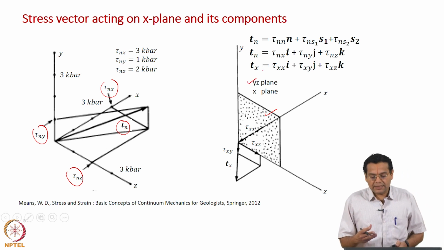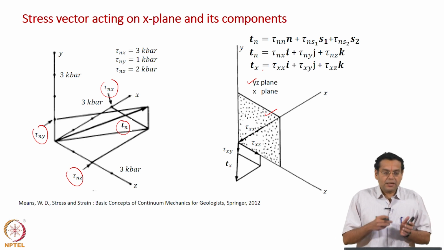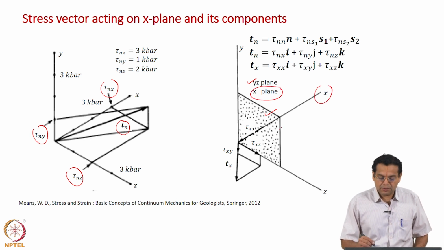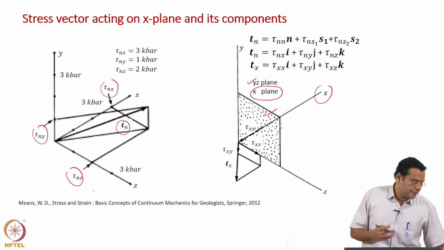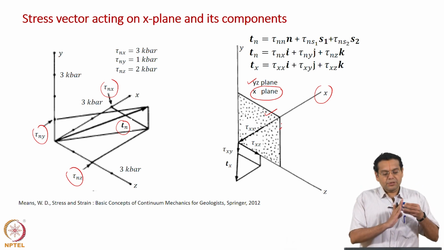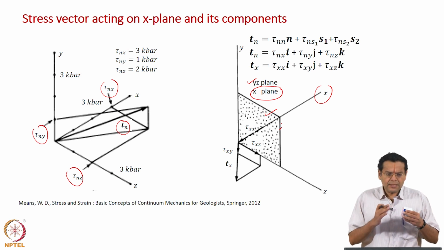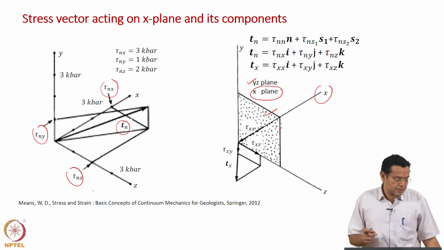So you can call it the y z plane, but we have denoted the plane by the normal to the plane. So according to our nomenclature it is the x plane, the x axis is normal to this plane, hence it is called the x plane. We will use this nomenclature in further discussion. When I say x plane, you should immediately imagine the x axis; the plane to which the x axis is normal, that big sentence has become x plane.